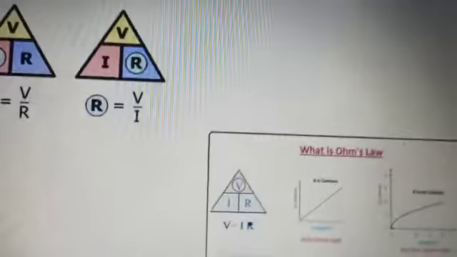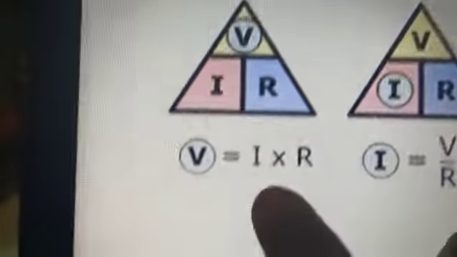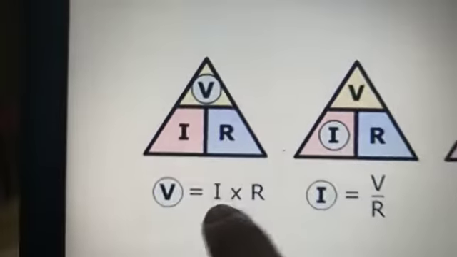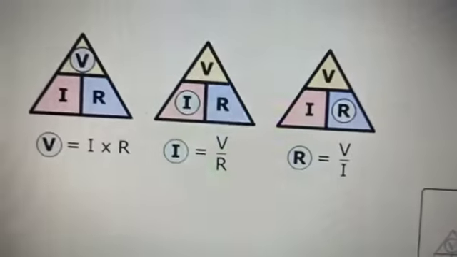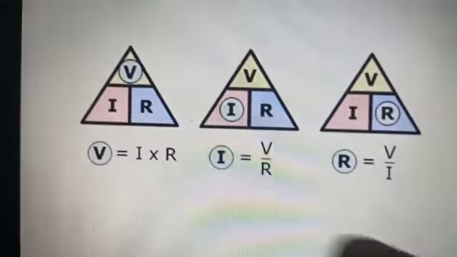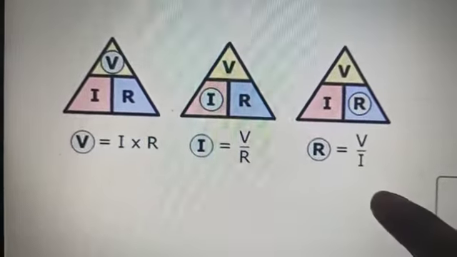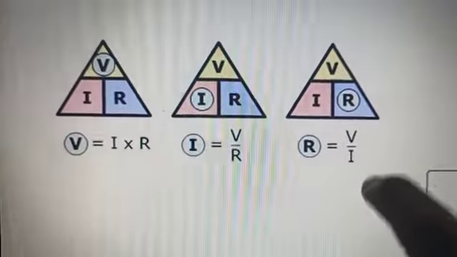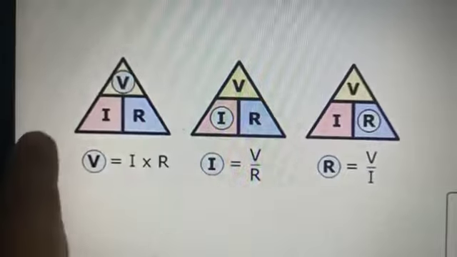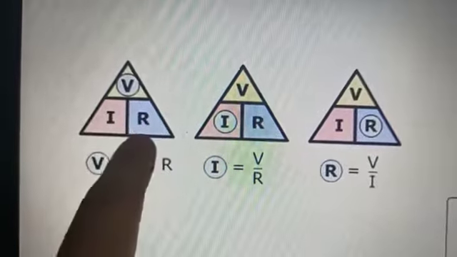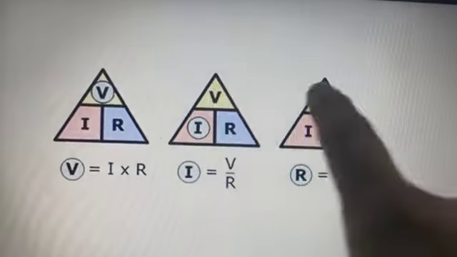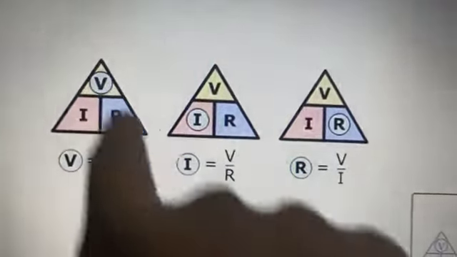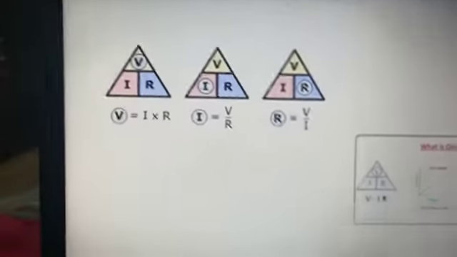So what is the relationship? According to Ohm's law, V is equal to IR. This formula, if you transpose R to that side, you can also write it as I is equal to V by R, or we can also write it as R is equal to V by I. So this is called the magic triangle. V is equal to IR, I is equal to V divided by R, and R is equal to V divided by I. So if you remember it like this, you will be able to write all the three formulas.